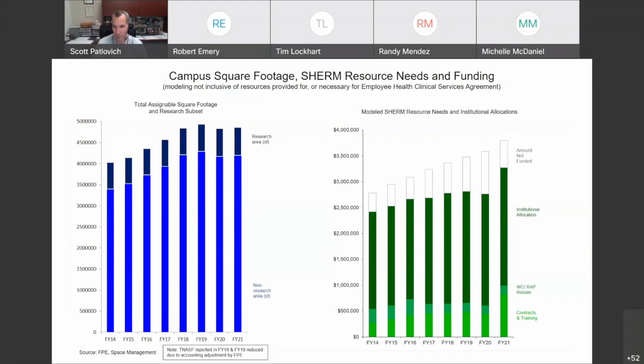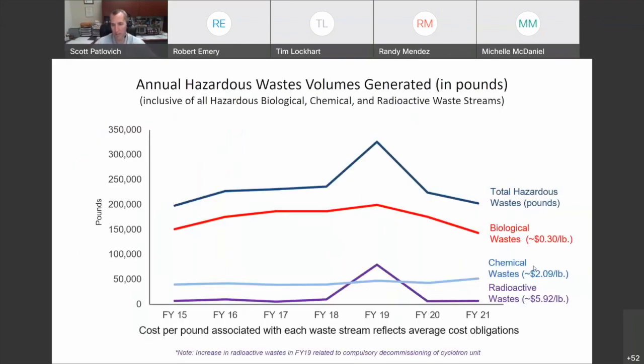quite significantly in one of our contracts to cover some of the delta or the gap, the white space at the top of the graphic on the right, because we knew that we had a significant gap that had been growing over the course of time. We were able to renegotiate our safety services that we provide to our clinical practice plan to cover some of that gap.